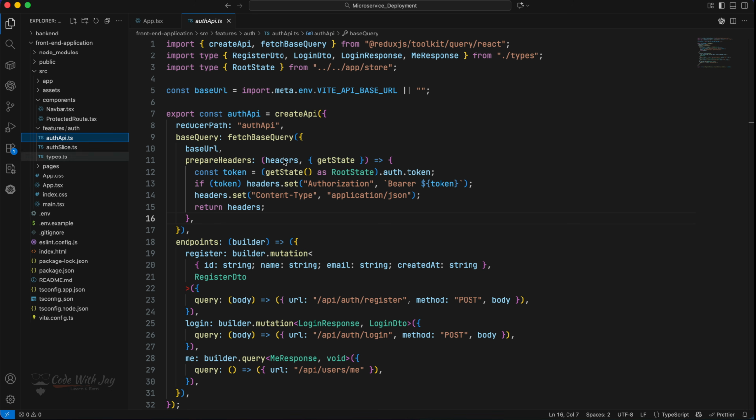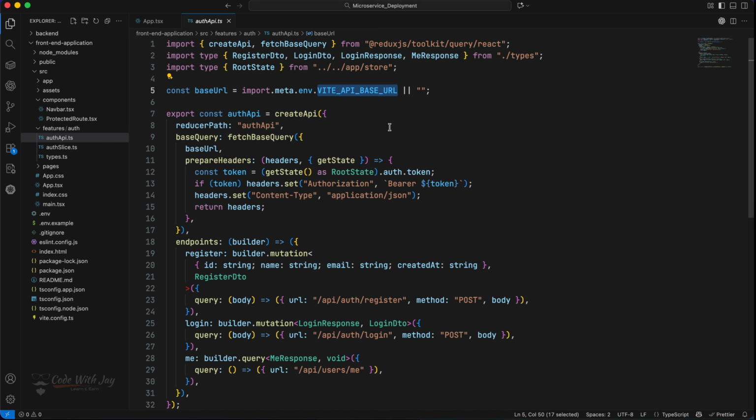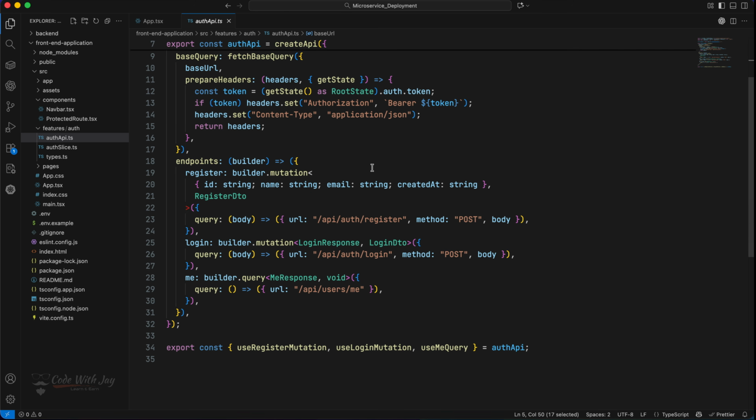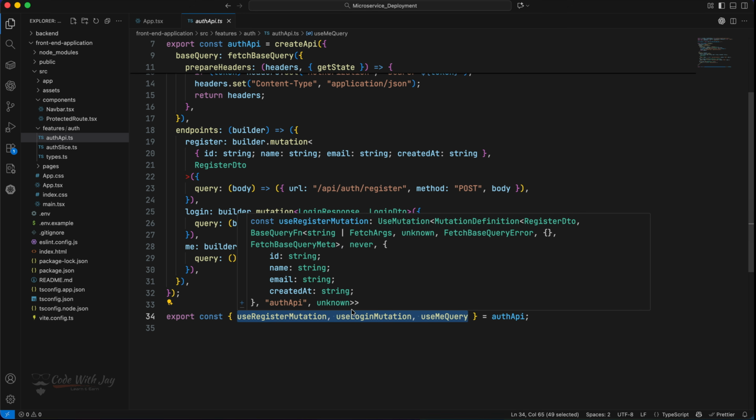Our auth API is the API endpoint which is going to call our backend. You can see we are creating our API here. This is a base query where we pass our base URL, which we accept from our environment variable. In upcoming lectures, we'll discuss what an environment variable is and how we can tackle it for the deployment. But as of now, these are the API endpoints for authentication, for creating the user and logging in. That is what we are tackling here. Finally, we are exposing all of these hooks so we can utilize them efficiently in our